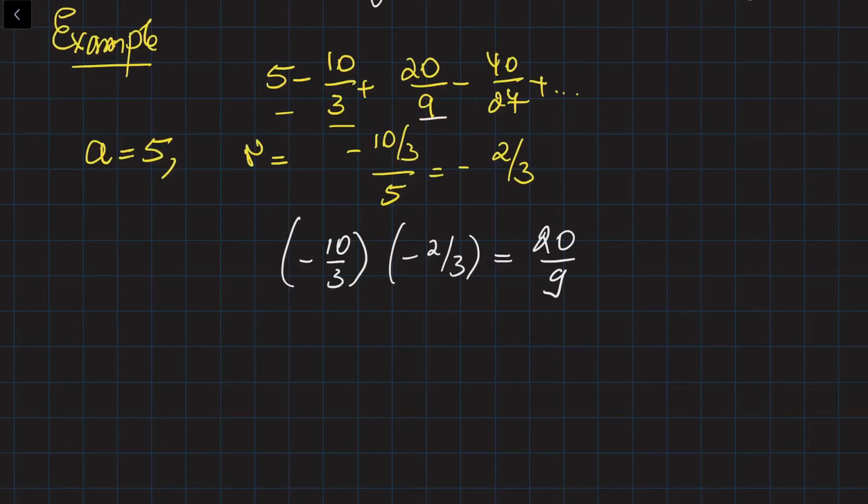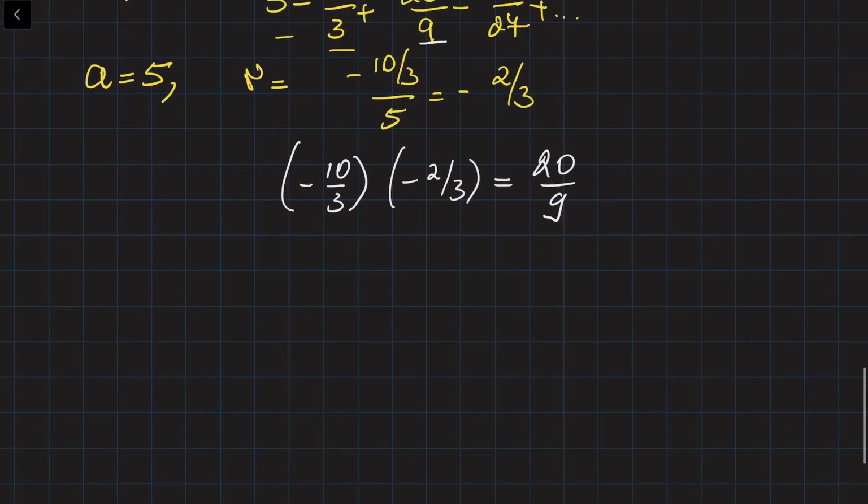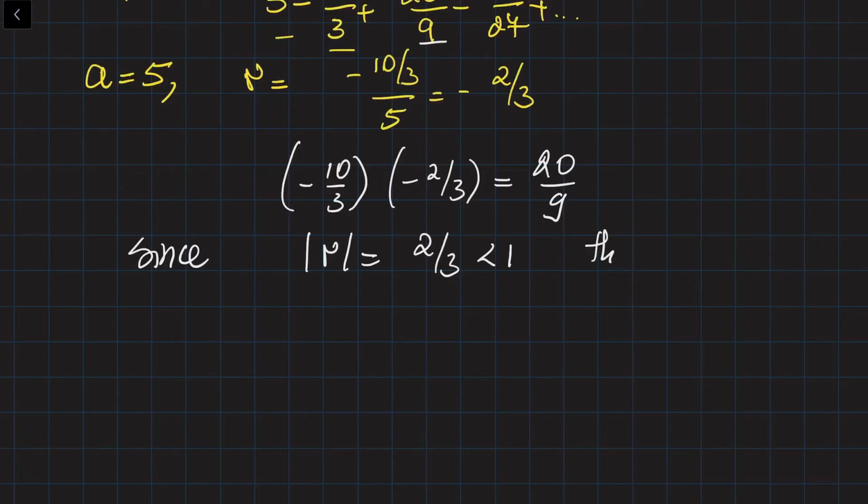So we have figured out the important attributes of the geometric series, basically the first term and the common ratio. Now it is possible to find the sum of this geometric series, right? Since the absolute value of r is 2 over 3, which is less than 1, this geometric series is convergent, and the sum of this geometric series